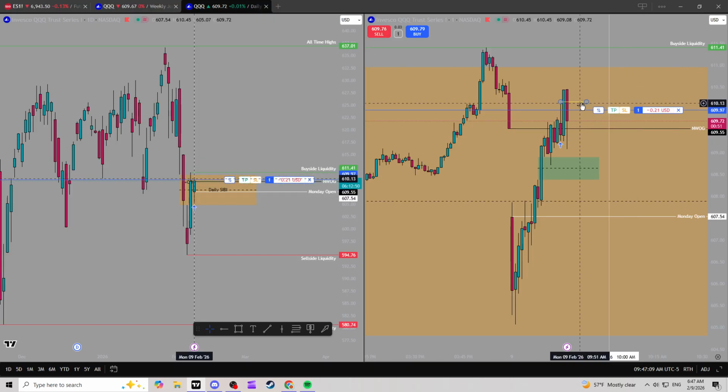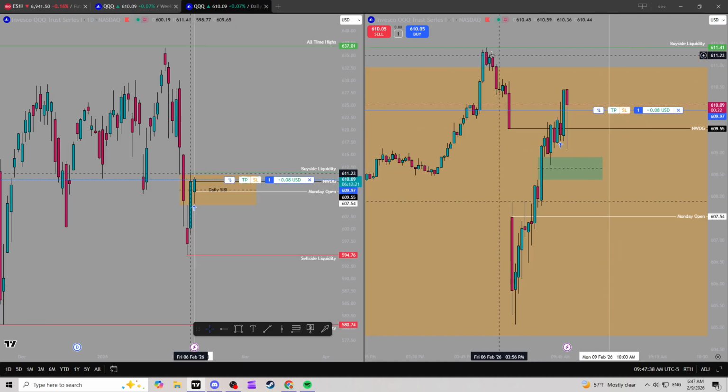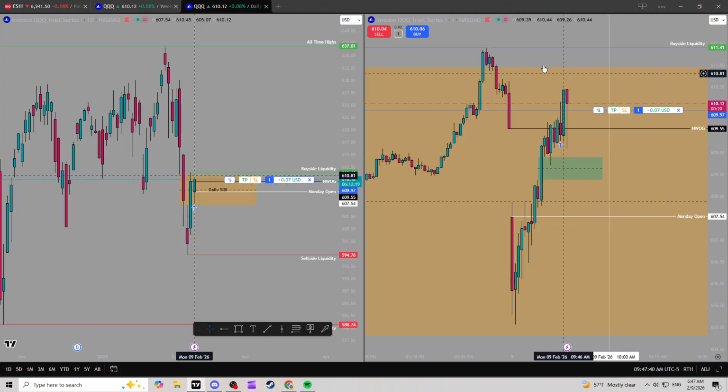So to give you a rundown of what just happened, my option just dropped $20 and now it's back up to $20. So it was at 124, it went down to 104, and then went back up to 124. When that happens, it just completely disrespects my PD array, premium discount array. I'm no longer using that as a reference point. I'm using this BISI right here, which is our silver bullet into liquidity. That's the reason I got into this trade.